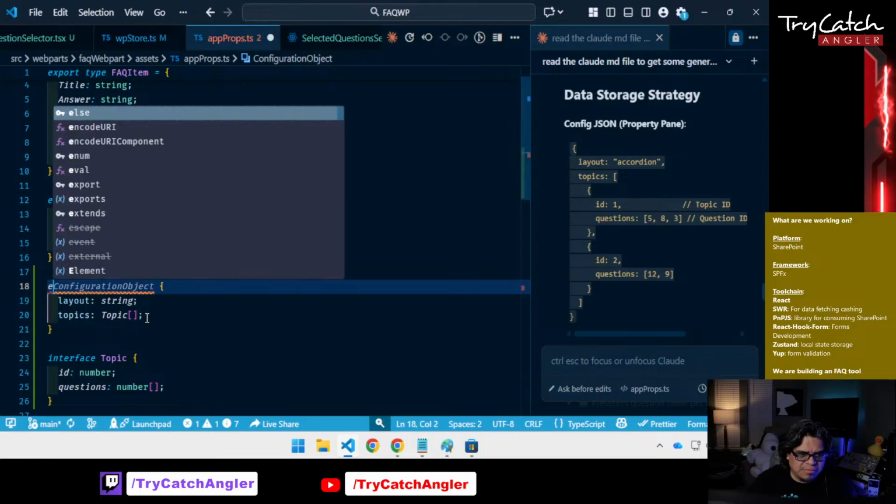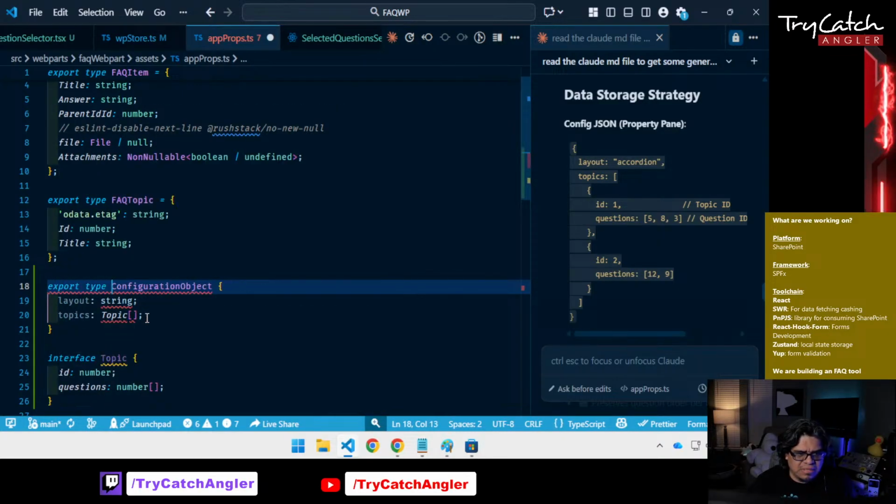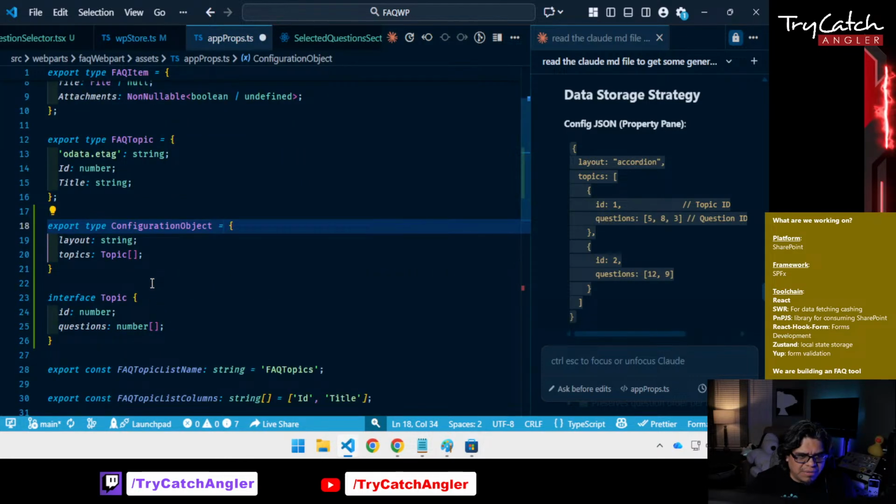And we're gonna export type configuration object equals a layout that's gonna be a string and an array of topics, and then this is gonna be